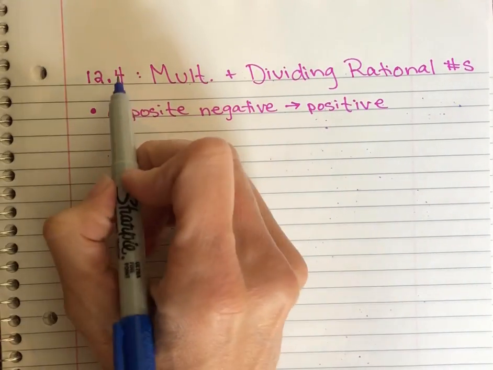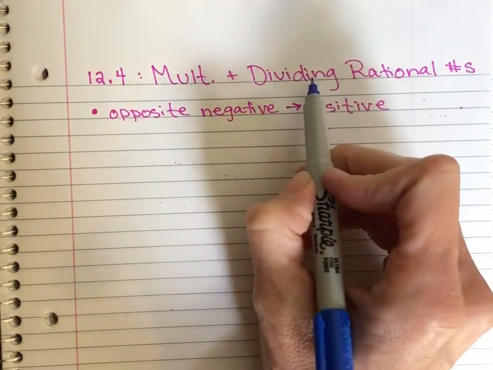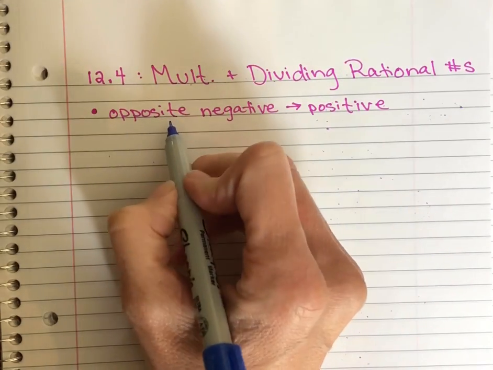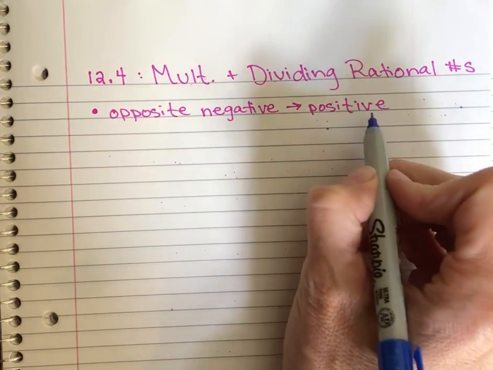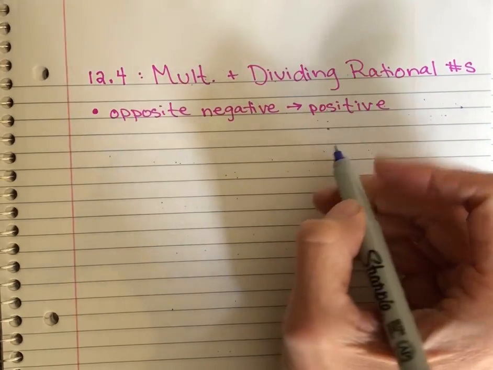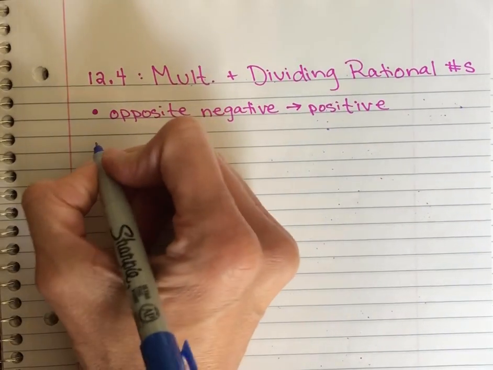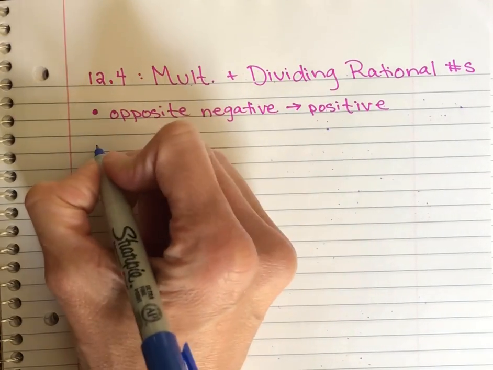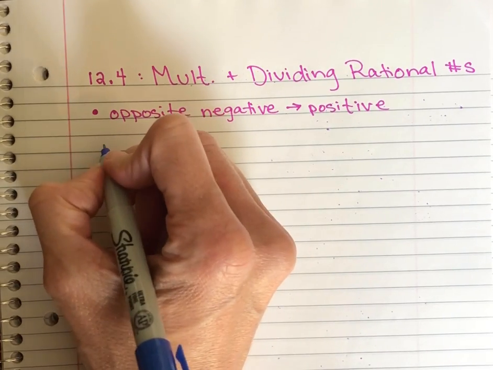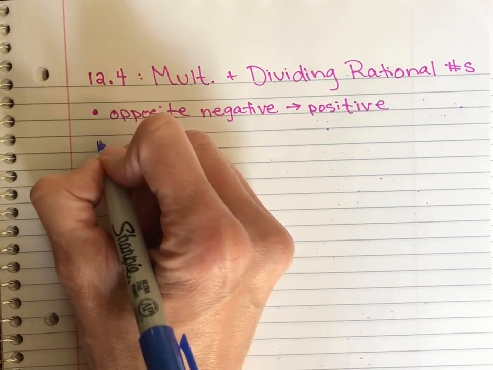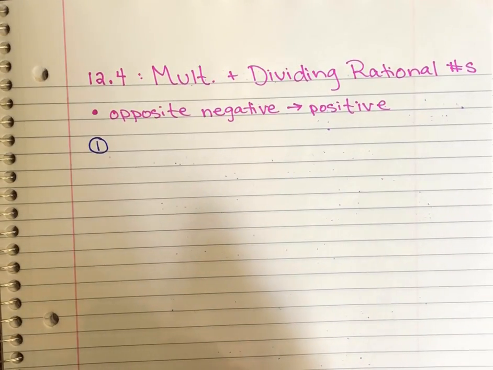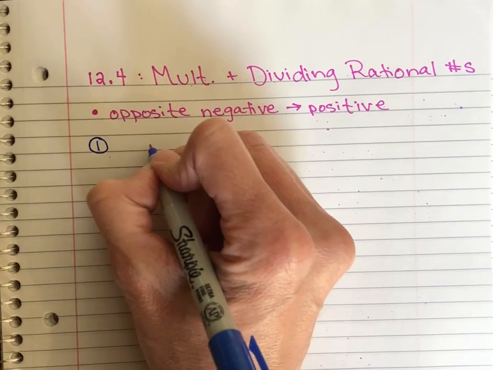For today's lesson, 12.4, multiplying and dividing rational numbers, we need to keep in mind that the opposite of a negative is a positive. That's how we're going to read our negative signs in this lesson. And then we'll just apply what we know already about multiplying mixed numbers, dividing mixed numbers, and same with decimals. So we're really just going to work out a couple practice problems together, and I think you'll get the hang of it. Number 1,